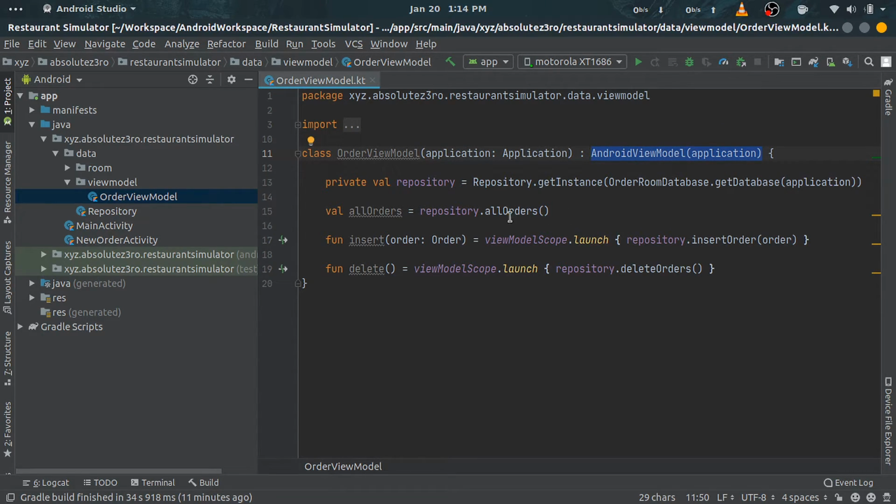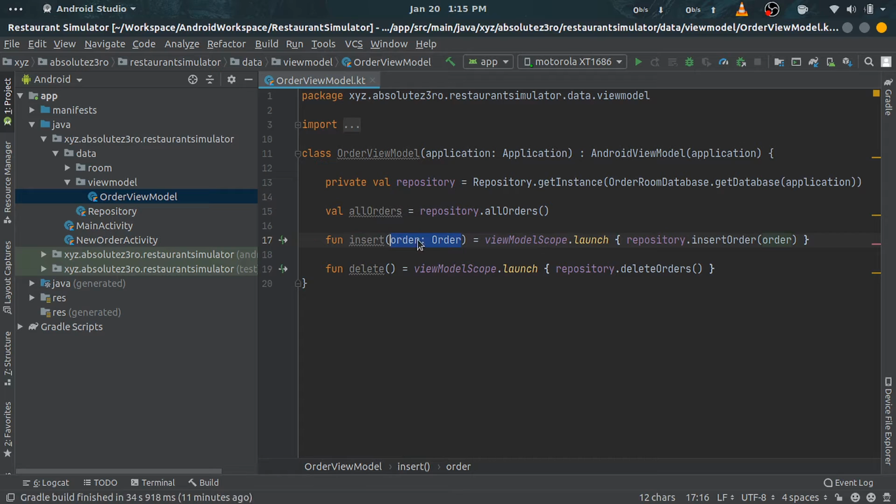Next, we will need to get the instance of the repository class we created in the previous part of this tutorial. So go ahead and do that. Now I will create some public members and methods to read or write data. First, create a member to read data from the database using the repository object, as you can see I have done here. Second, create a method to insert a row in our table. So create a method with an order object as input parameter.